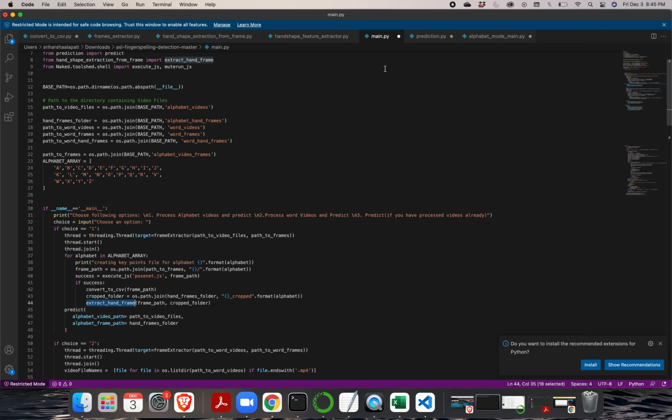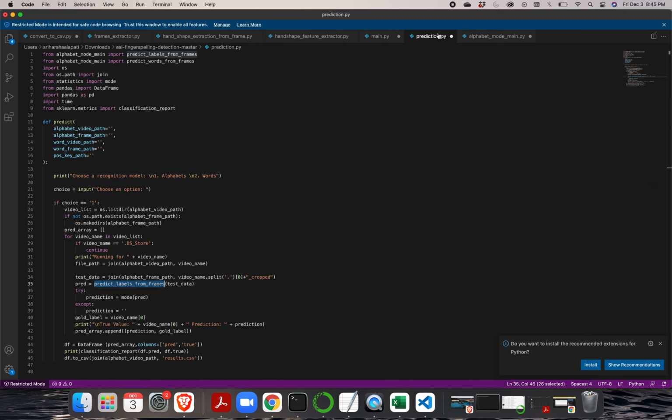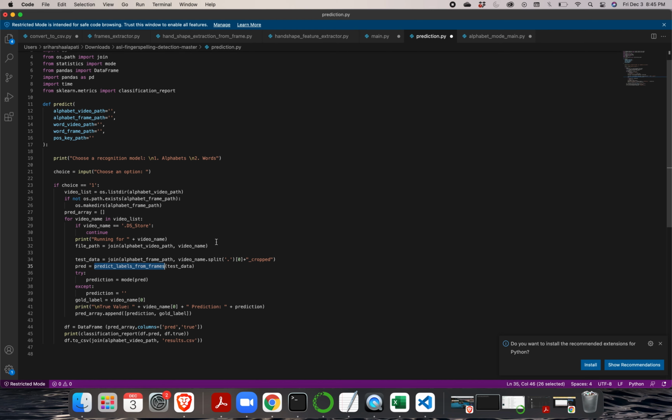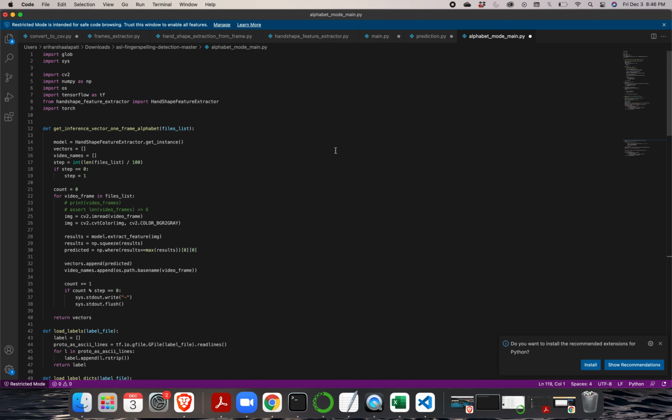Then for the prediction part, first the box will be taken, and now we need to exactly identify the hand feature. So it will go to the predict labels, and it's here.